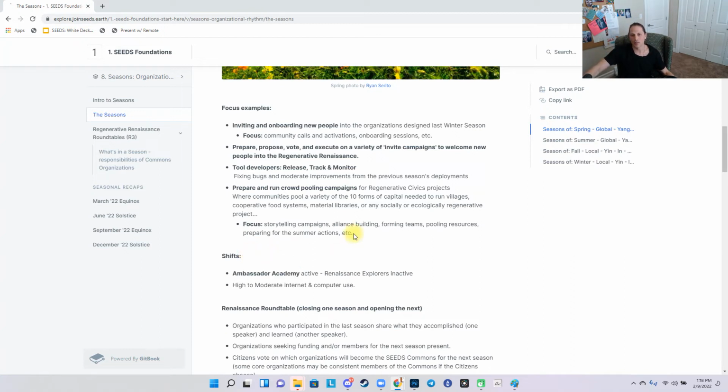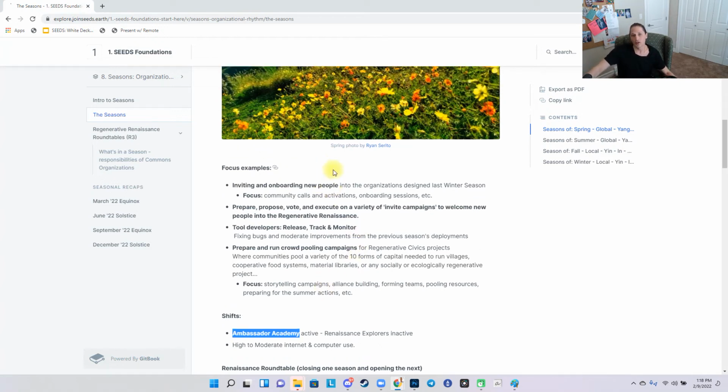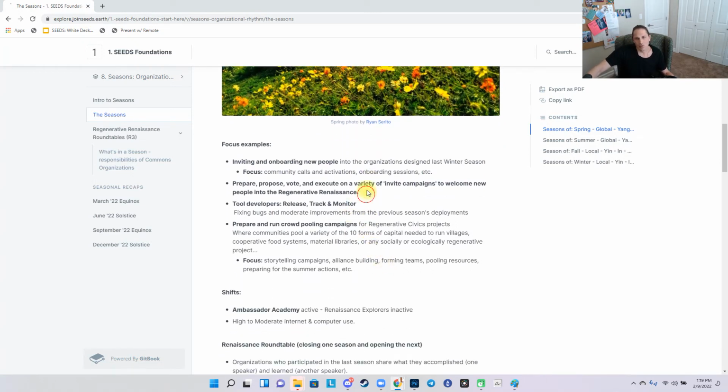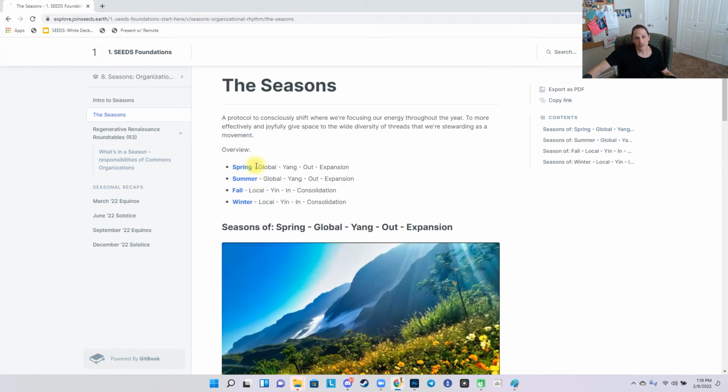And then when people are showing up through the year, yes, you can invite them in and someone else can welcome them in and walk them through. But if they're looking to participate in the academy and have a lot of energy and resources to support them through their learning journey, then they wait till the next spring season to participate in a lot of those onboarding sessions that have a lot of energy behind them. Yeah, and this is when we might be doing invite campaigns, etc. So, for example, the spring is about expansion, going out. It's globally focused, right?